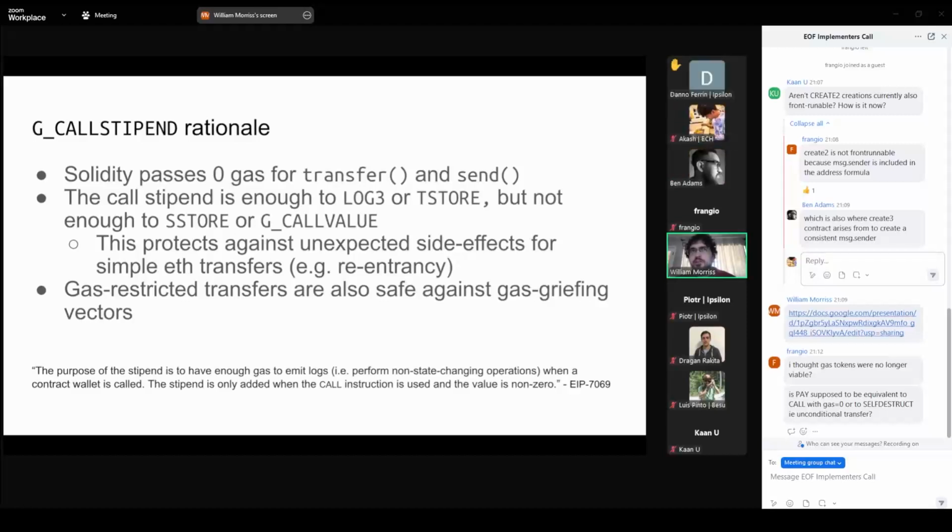But not if the recipient is a cold account access. For example, if the proxy implementation in that case is a cold access account, then 2300 is not enough. So pay would work in that case, but not transfer and send.